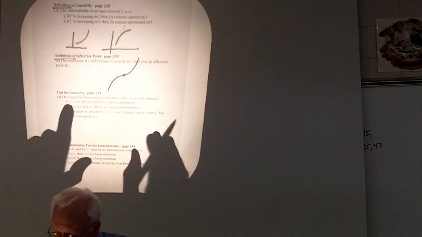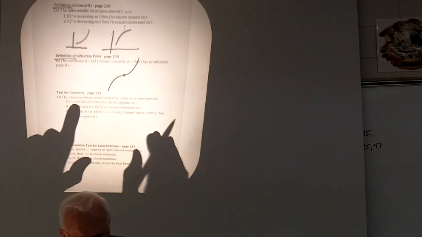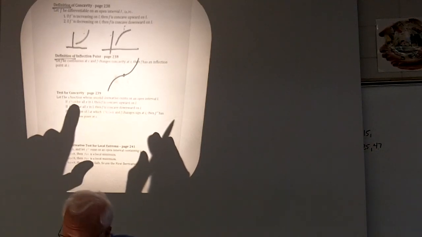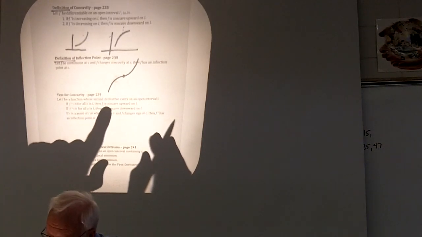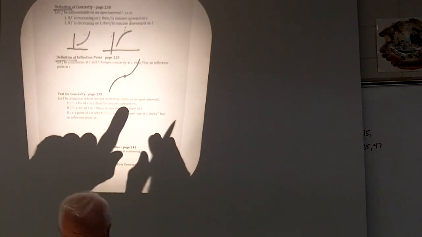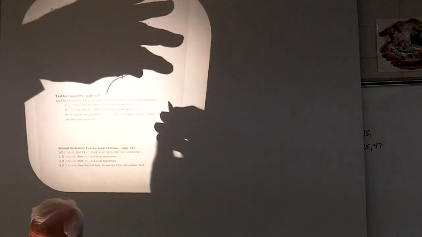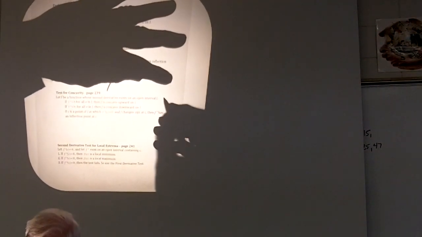It says if the second derivative is greater than 0 for all x in that interval, then f is concave upward. And this is how I usually draw that. If it's greater than